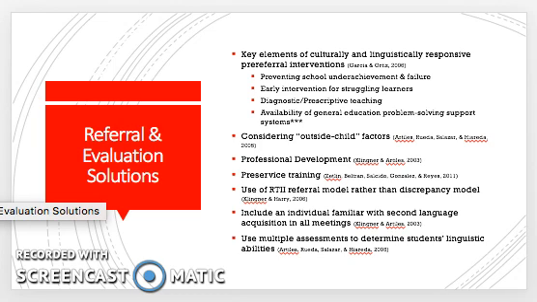The second potential referral and evaluation solution is to consider outside child factors. So looking at the curriculum, the specific classroom the student is in, the strategies that the teacher has used for that child, and the school culture, and seeing if any of these factors would have an impact on that child's performance. In addition, there's a recommendation for professional development in the exclusionary clause, factors of opportunity to learn, how to meaningfully implement pre-referral strategies, second language acquisition, cognitive development, and how to communicate and interact with parents. In addition, one article recommended the use of pre-service training for pre-service teachers